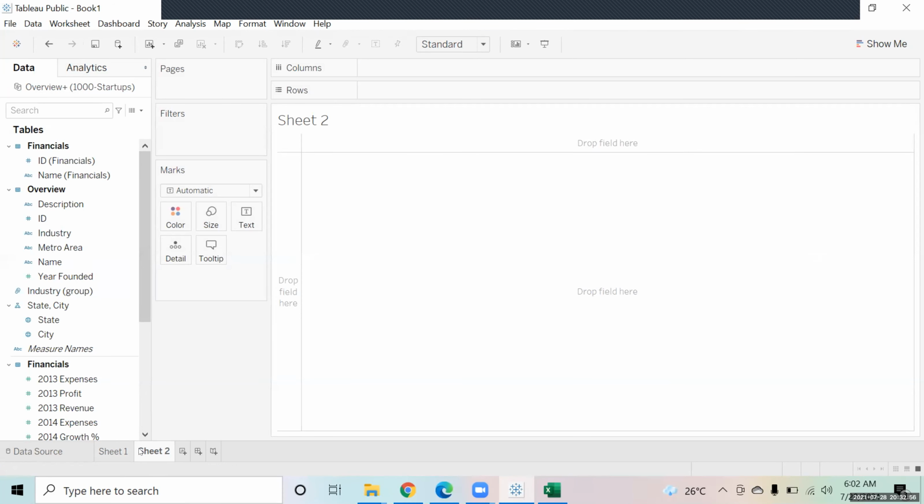So what I can do in this case is, one way could be I pick up the industry and put it on the color. So right now what will happen is all the industries will get different colors. So I will say let me change the color. I will change the colors like this.